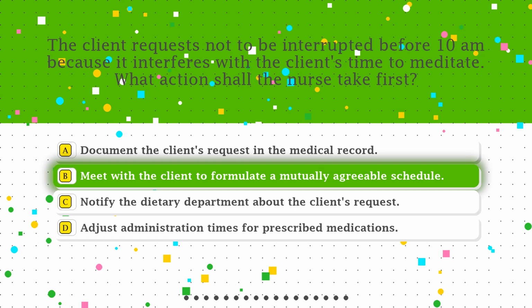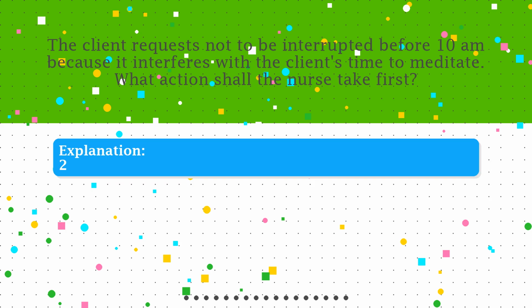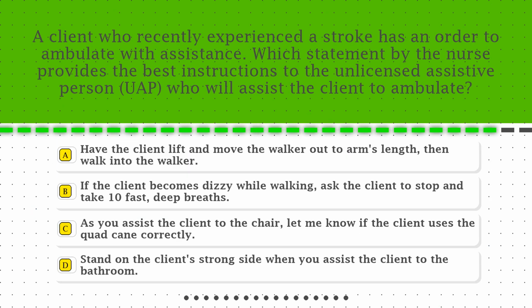The correct answer is option B. Meet with the client to formulate a mutually agreeable schedule. Question 11. A client who recently experienced a stroke has an order to ambulate with assistance. Which statement by the nurse provides the best instructions to the unlicensed assistive person, UAP, who will assist the client